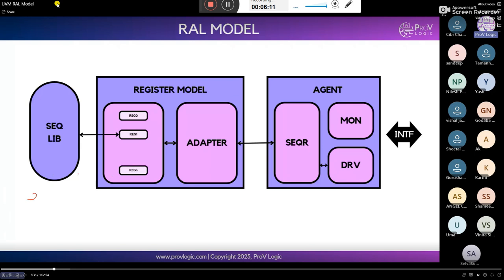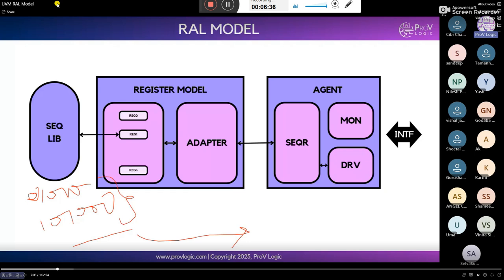Suppose we are randomizing data, address, enable signal, write and read signals, some pointers, everything. Suppose the address is there. So what address will we generate? Something like a binary value 100110. The data also, like 1000, some binary value we will generate through randomization, and we will send it to the driver.